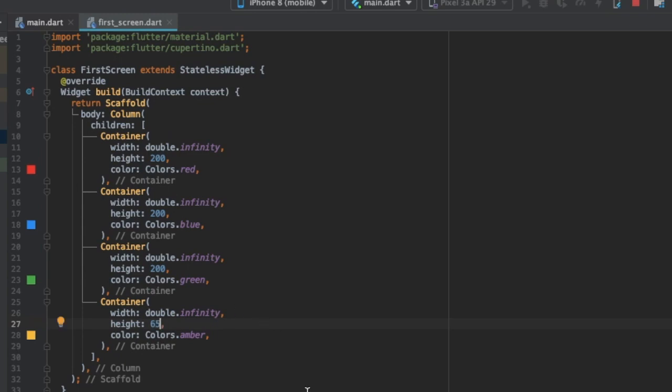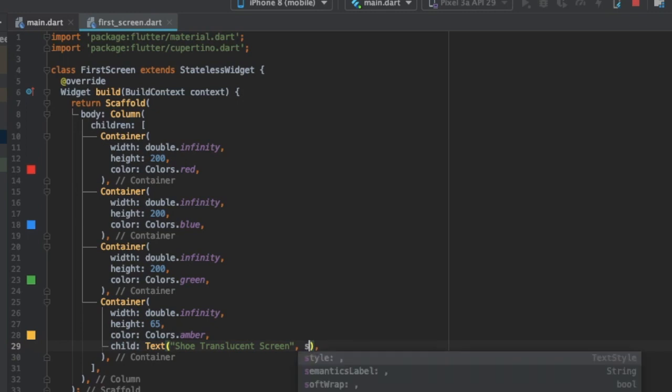Now this we need a child which will have a text. Show translucent screen. Simple. Let us give a bit of style while it is loading.